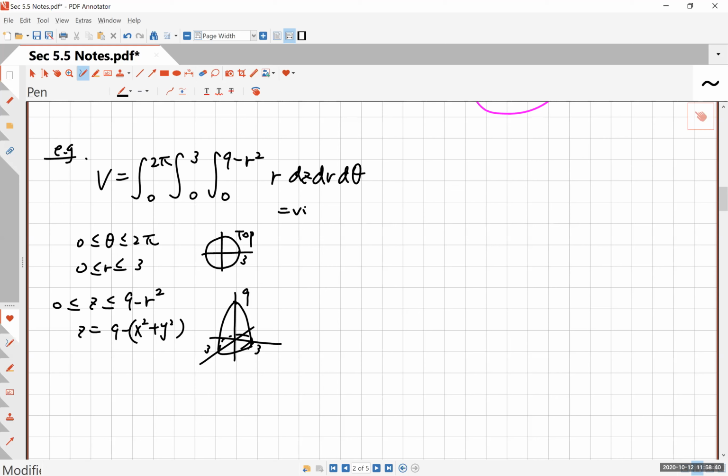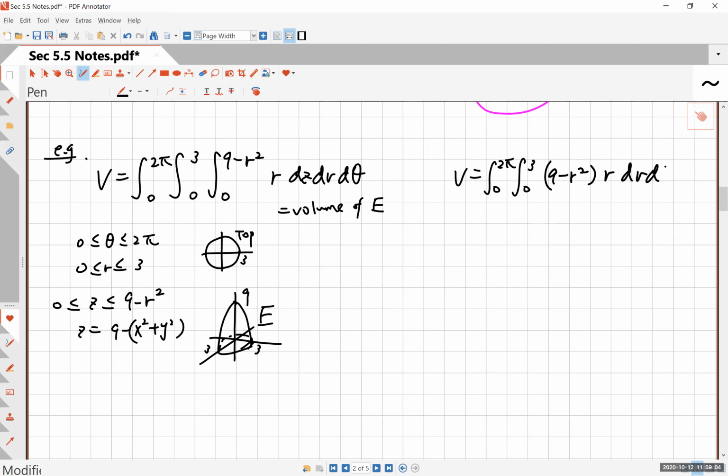So this is the volume of this solid E, which is a circular paraboloid. Okay, now you can also go ahead and calculate this if you want. And the calculation is not too bad. You can fast forward this part if you like, because you probably have already figured out how to do this,